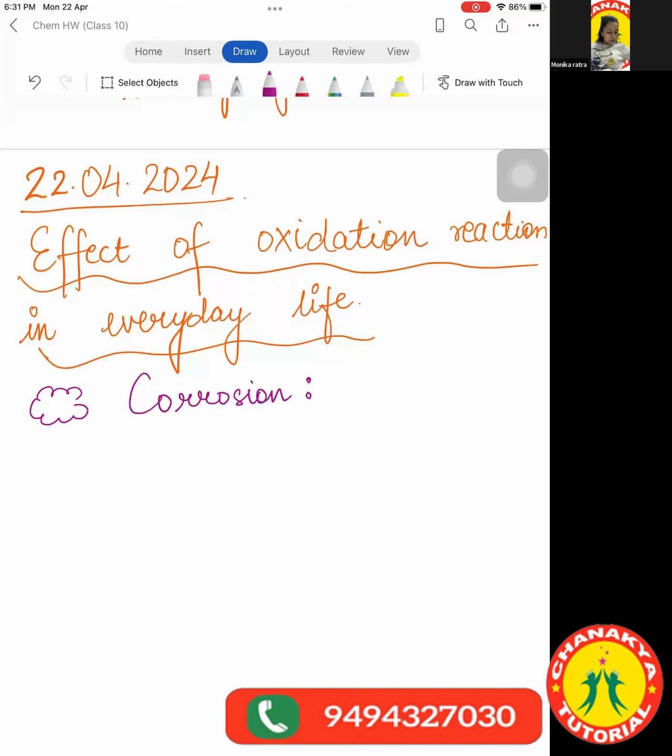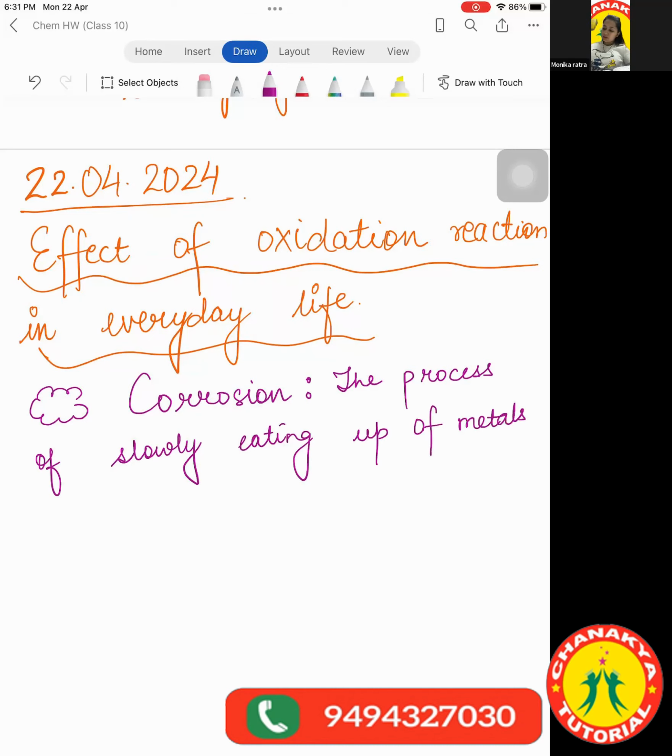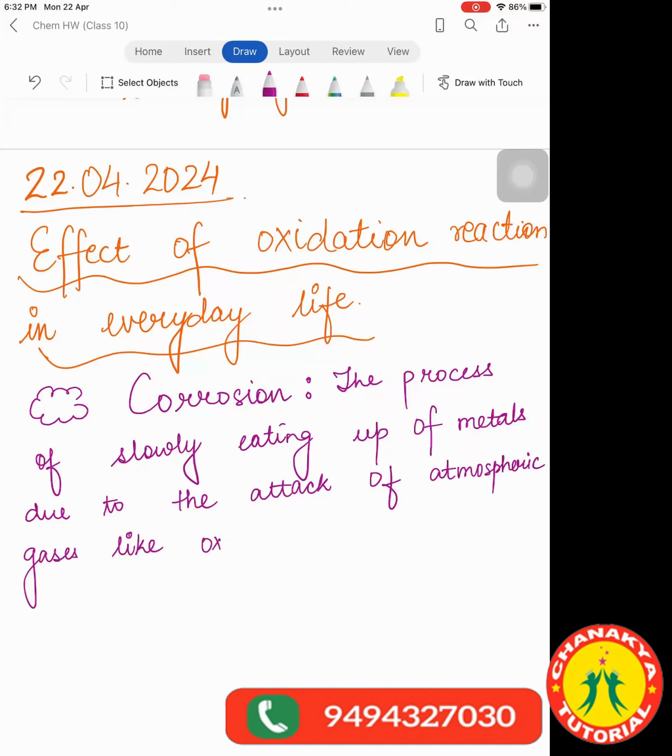Corrosion is the slow eating up of, or I'll write the proper definition, the process of slowly eating up of metals due to the attack of atmospheric gases like,